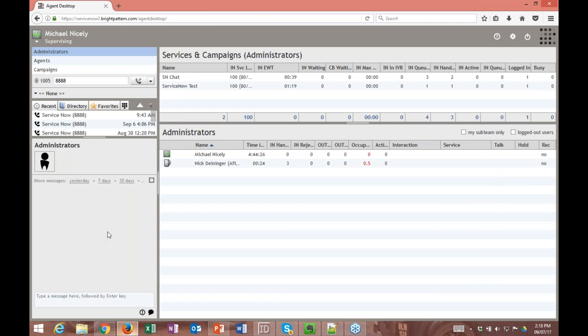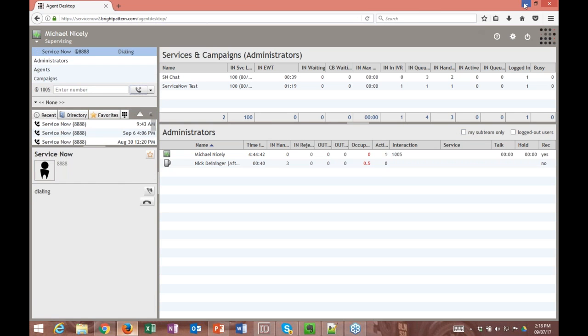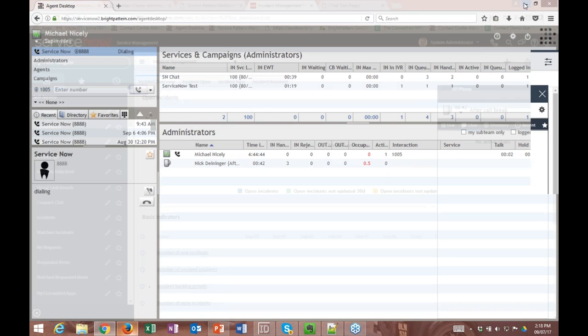Now, another thing we've added for the supervisor is the subteams. So subteams was something that we were asked about. If you have multiple teams and you want to just show a supervisor just their sub-team, we'd be able to do that as well. So we'll go ahead and initiate a call here, and we're calling into our ServiceNow queue,